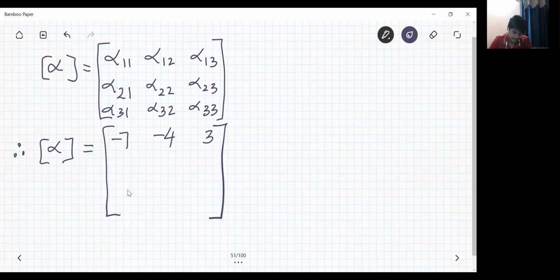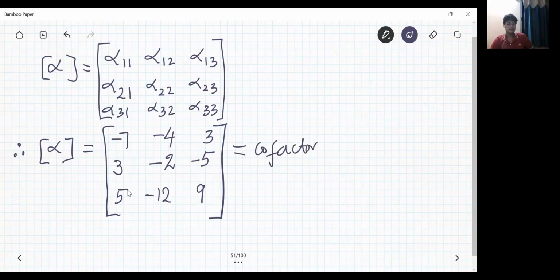Next, the second row: again, the second row is 3, minus 2, minus 5. Then the third row, 5, minus 12, 9. So this is called the cofactor matrix of A. This is the cofactor matrix